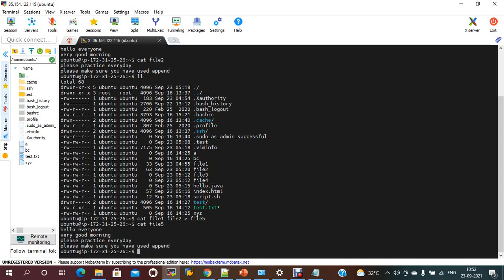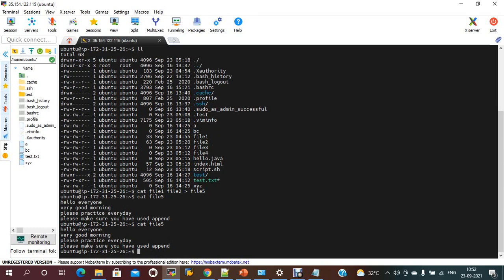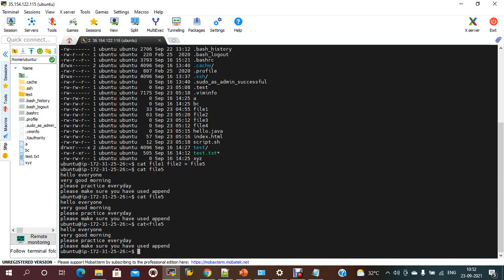Now if we want to see the data, we use cat directly with the file name. If you give file 5 like this, with cat, less than symbol and file name, it will display the same. So less than means it opens the file and shows the data.